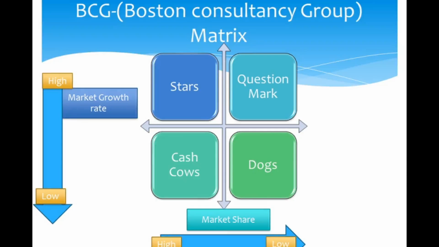So it requires a lot of cash to hold their share. Why it requires a lot of cash to hold their share? Now, out of 100 people, 10 people are just coming to you to buy that product. 90 people are going to your competitor. So in order to attract consumers, you will have to give them lot of discounts, free gifts, vouchers and all that. So you will need to invest a lot and high cost will be involved if you want to maintain your share,